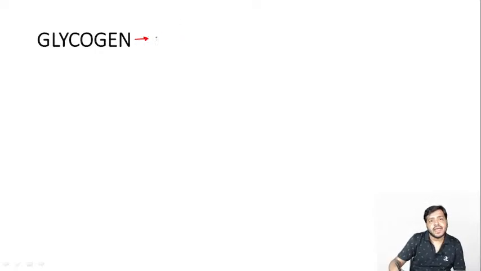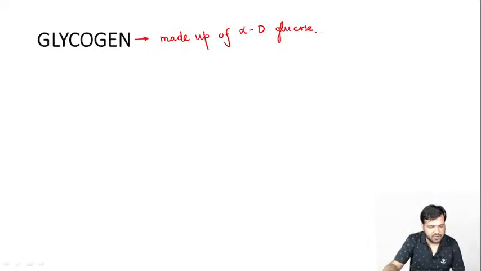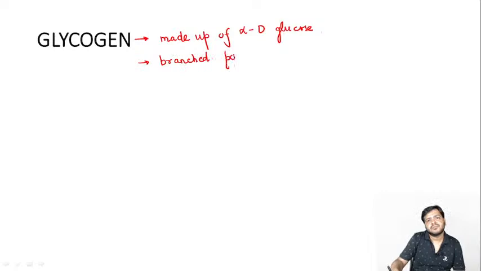So glycogen, write down, it is made up of alpha D glucose. It is made up of alpha D glucose. Remember, it is a branched polymer. It is a branched polymer. And it is